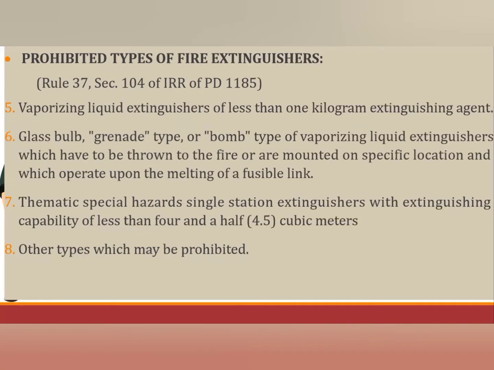Aside from these four, we also have number 5, vaporizing liquid extinguishers of less than 1 kilogram extinguishing agent. Next, glass bulb, grenade type or bomb type vaporizing liquid extinguishers, which have to be thrown at the fire or are mounted in a specific location and operate upon the melting of a fusible link. And thermatic spatial hazards, single station extinguishers with extinguishing capability of less than 4.5 cubic meters, and other types which